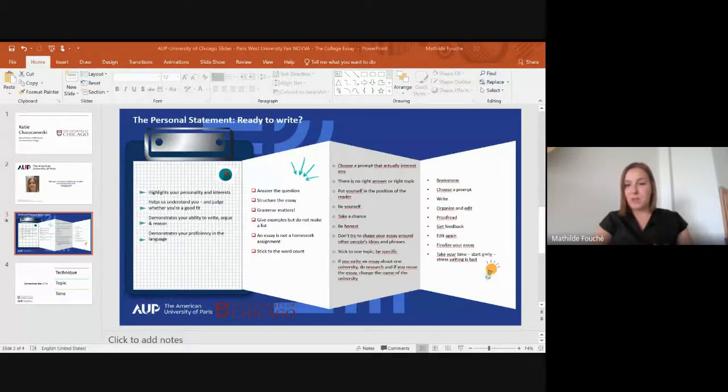If you write about a specific university, make sure that you reread your essay and change the name of that university in that essay. You might think it's a stupid advice to give, but we've seen it. You write an essay, and at the end, you write the name of the university to show your motivation. And I've seen essays that are intended for another university that were sent to AUP. And it's not the best feeling, especially when the essay was really good, and then you have that line at the end that mentioned another university.